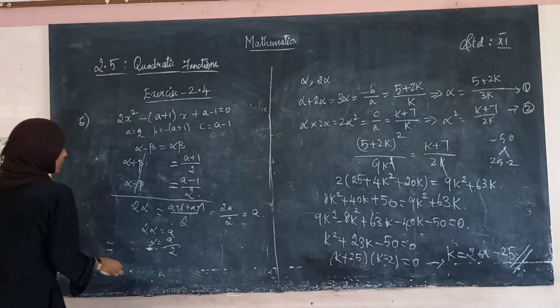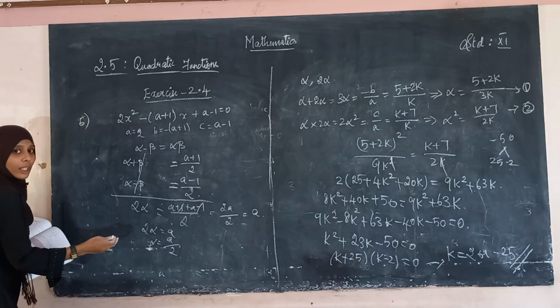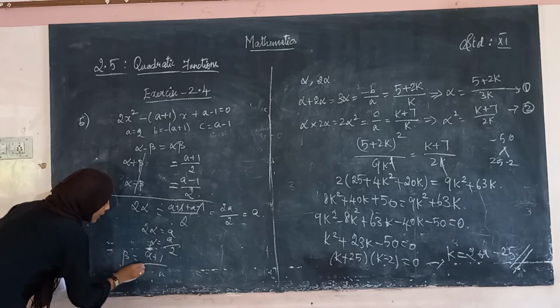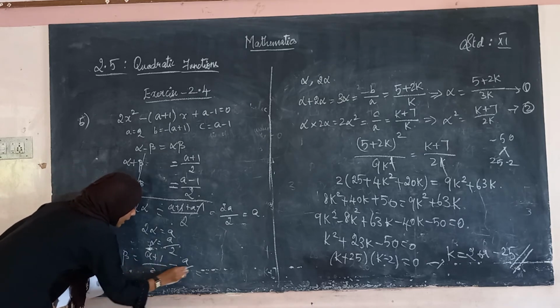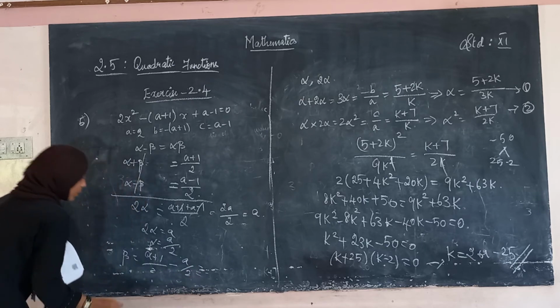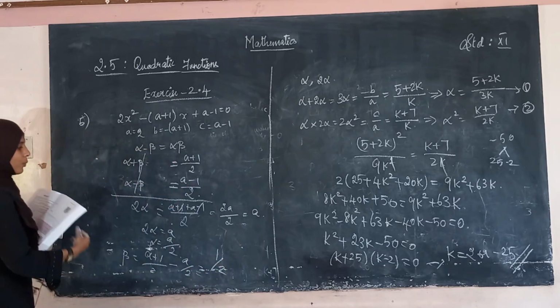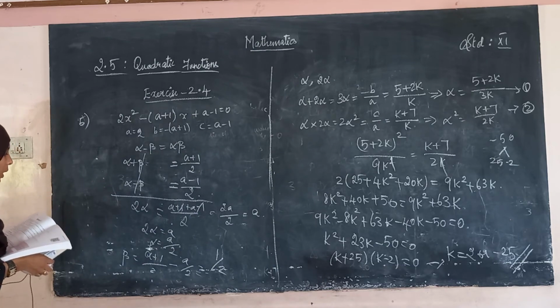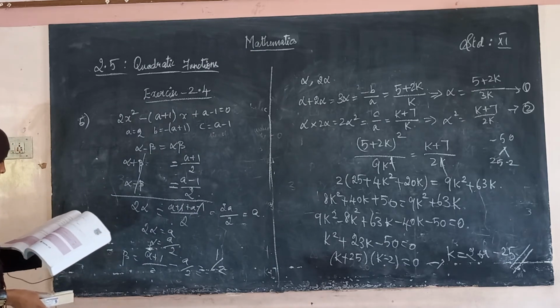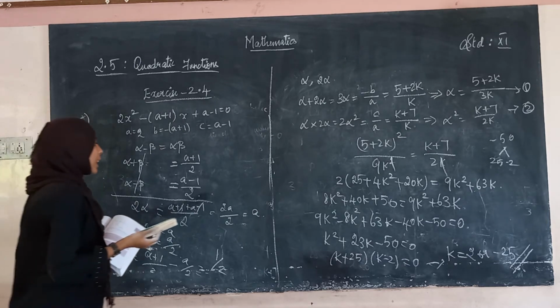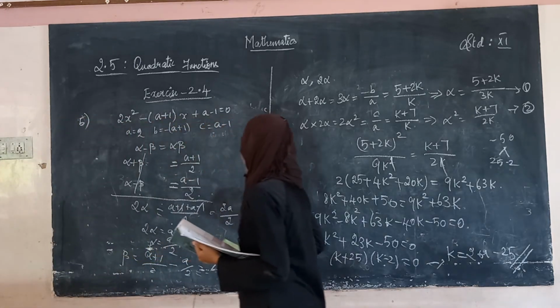Substitute this in the first equation. What happens? Alpha is equal to a divided by 2. Therefore, beta will be equal to (a + 1) divided by 2 minus a divided by 2. Okay. So, what happens? Beta is equal to 1 divided by 2. Beta is equal to 1 divided by 2 and alpha is equal to a divided by 2. But we have to prove that a is equal to 2.